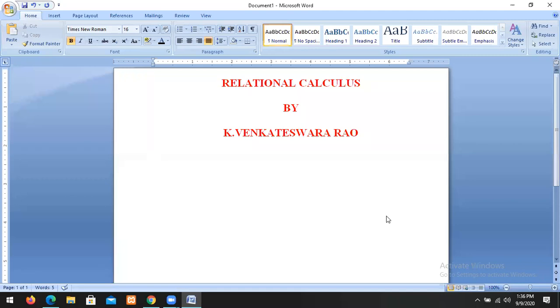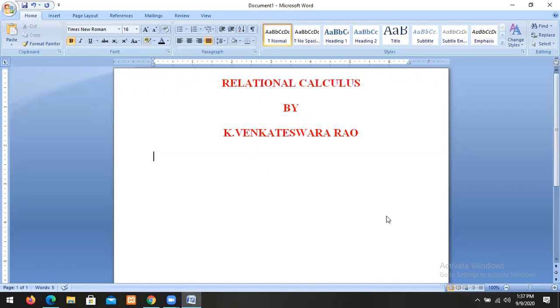Actually, we say that there are two types of languages, procedural languages and non-procedural languages. In the case of procedural languages, the programmer can specify what we require and also specify how to retrieve. While in the case of non-procedural languages, we can specify what we require without specifying how to get. So generally the query languages are non-procedural languages. The query languages we have discussed, either SQL, relational calculus, or relational algebra, are like this.